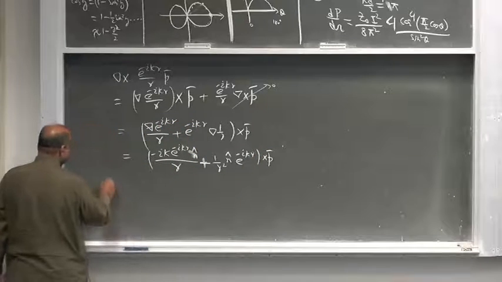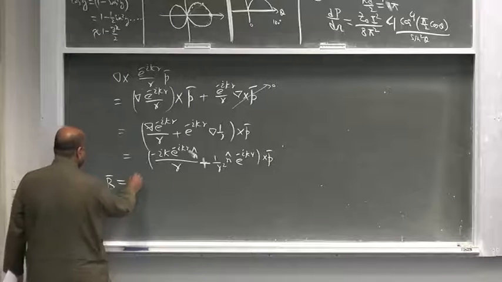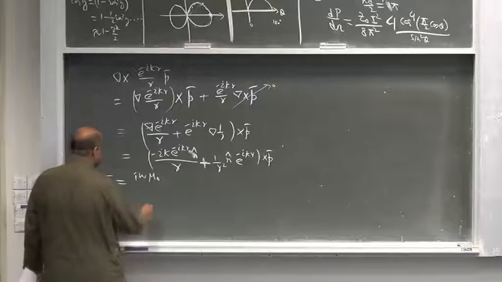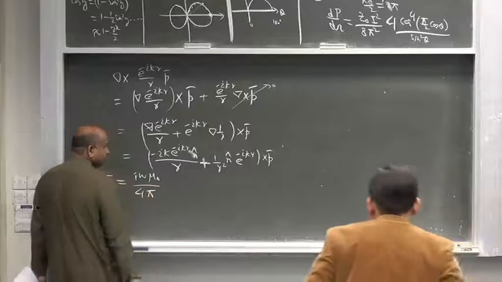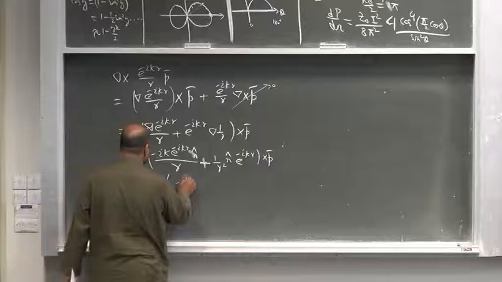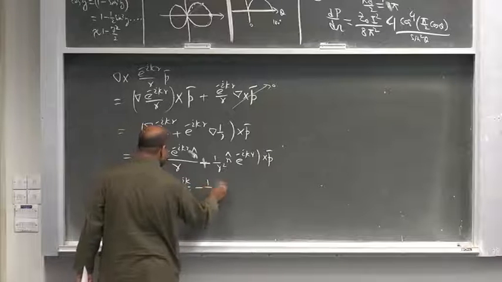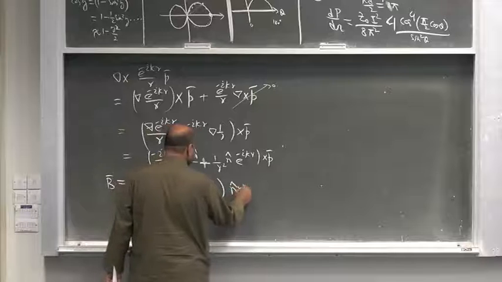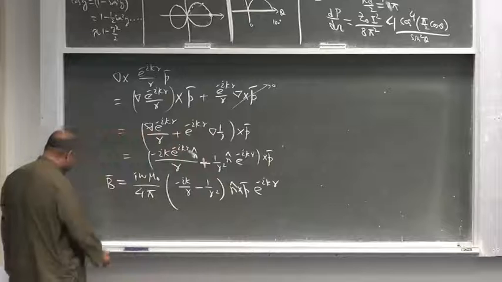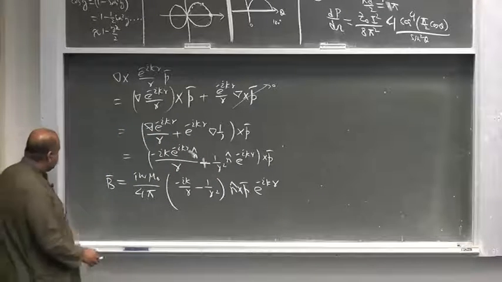So we have B field as iota omega mu naught over 4 pi. इस तरह E जो है उसको हम निकाल सकते हैं